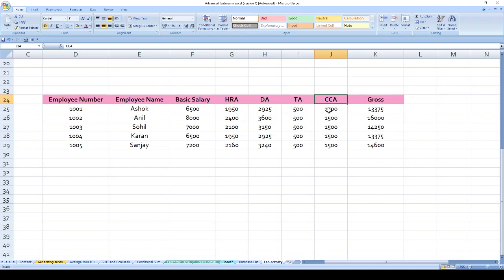CCA is fixed to 1500 for all employees, and gross is the summation of basic, HRA, DA, TA and CCA. So we have to calculate HRA, DA, TA, CCA and gross. That is our task in this particular lab activity.